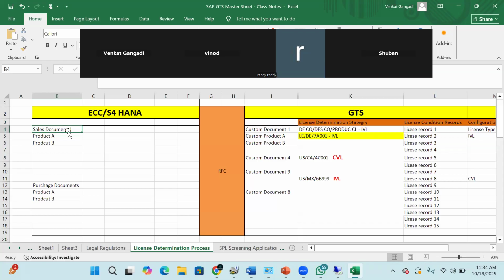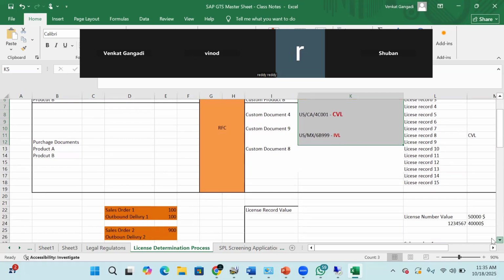This key combination is not fixed to these three elements. The combination, the parameters that are being used in the license determination are not restricted to only three. It could be, let me write here. The key parameters could be,